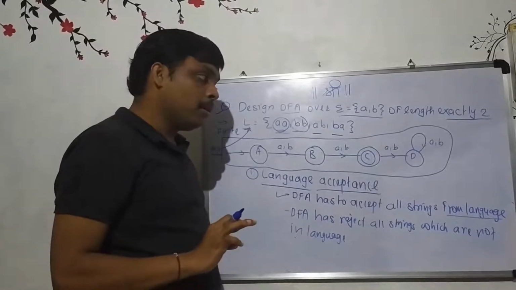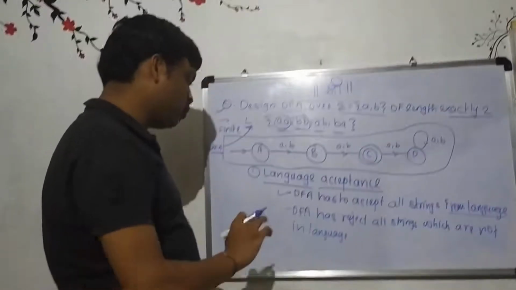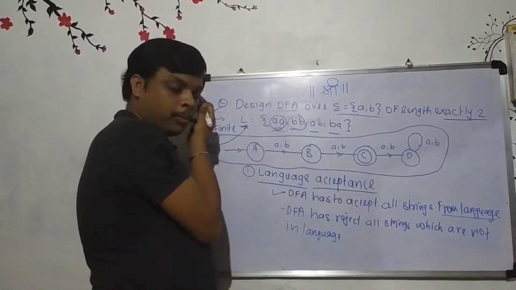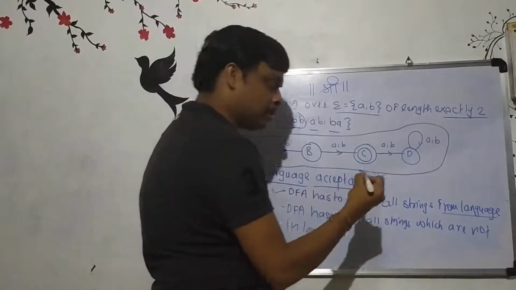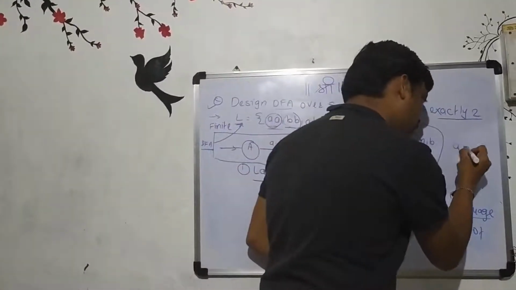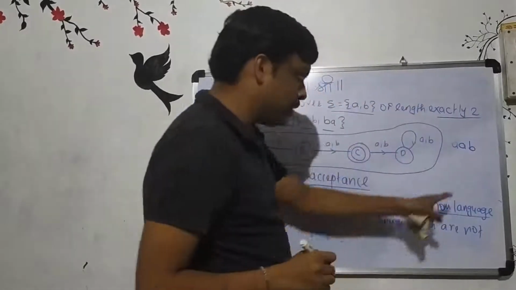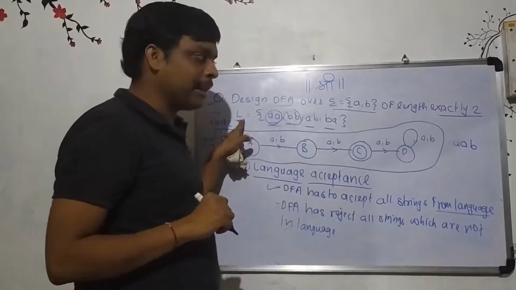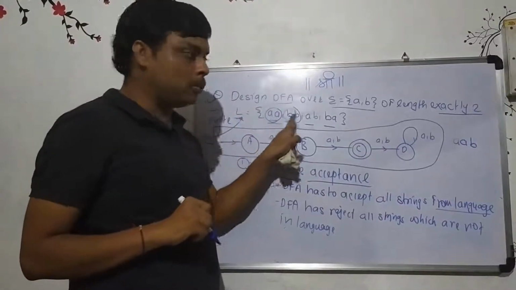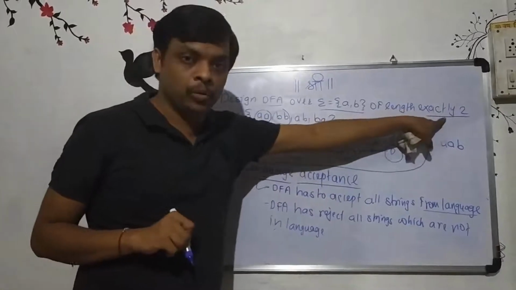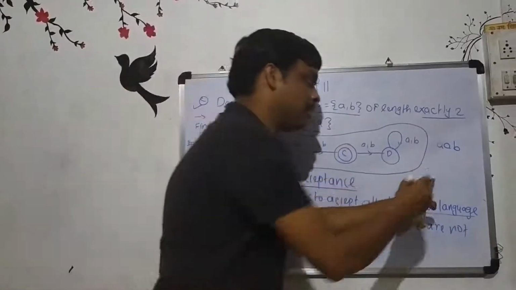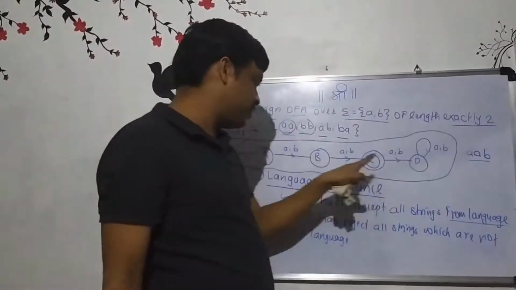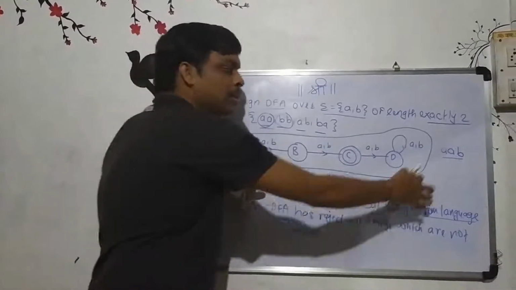Okay. Now see, now here I am just going to draw one diagram. Okay, actually now along with this, before proceeding with that diagram, if I take the string which is not in the language, suppose AAB, whether this string is present in this language? No. Why? Because what is the rule given for this language? In this language we have to store only strings of length exactly 2. Okay, so only 4 strings. Here this string length is 3. So if we apply this string on this DFA, then this DFA has to reject this string.